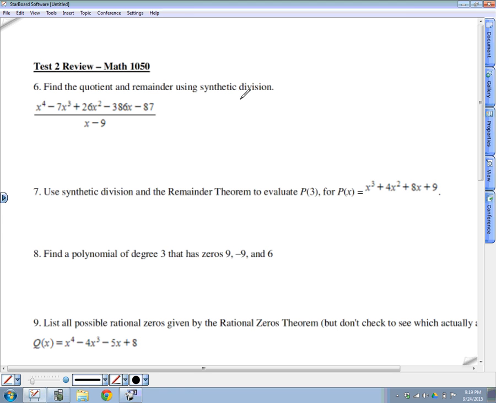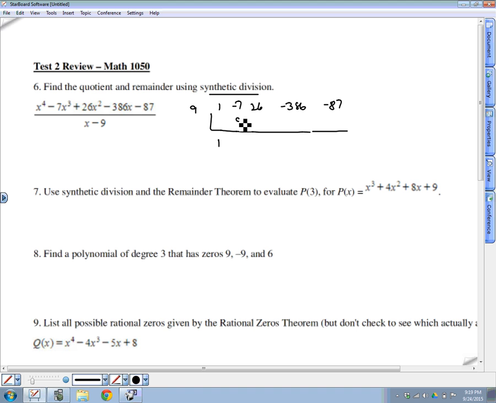Question 6 is to find the quotient and remainder using synthetic division. So this is done by an upside down long division bar, and you have to check the dividend up here in the numerator to make sure there aren't any missing terms, and there aren't. And then we're synthetically dividing by the 0 of the denominator, which in this case is 9. Okay, and start the synthetic division algorithm here, drop down to 1, multiply numbers on the outside, 9 times